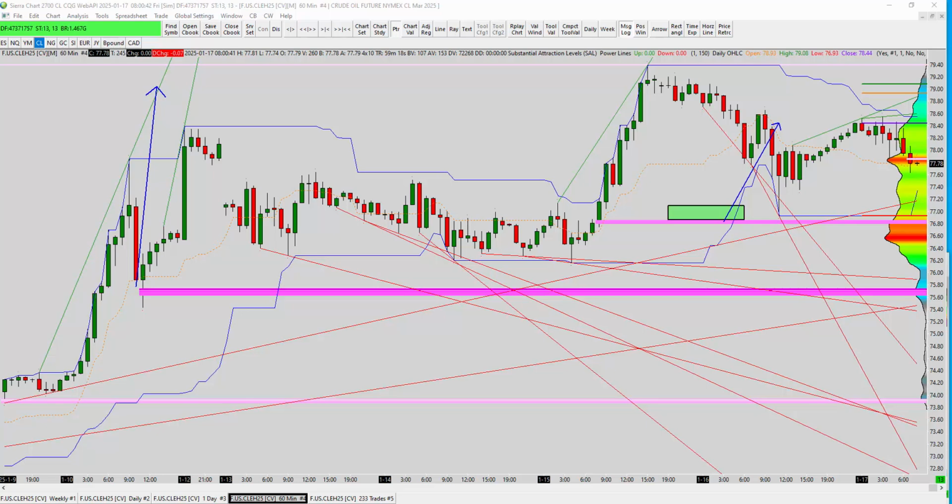So this target was not random. This target was not only because I saw the SAL indicator. It's because my strategy tells me this was the last point of defense, and the market